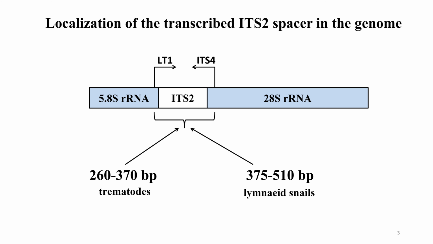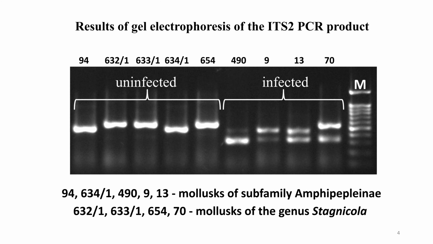The results show that the lengths of the amplified fragments in trematodes and pond snails differ: 260, 370 in trematodes and 375, 510 in mollusks. As you can see in the figure, two regions of the ITS2 spacer were amplified from DNA samples of infected mollusks, one of which belonged to the pond snails and the other, by its molecular weight, to the trematode infecting